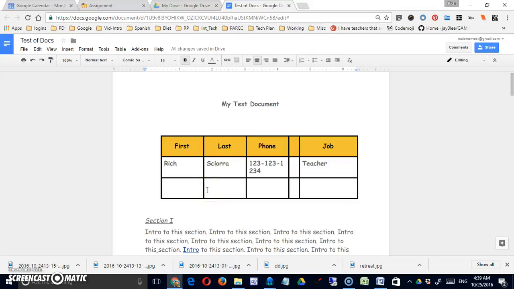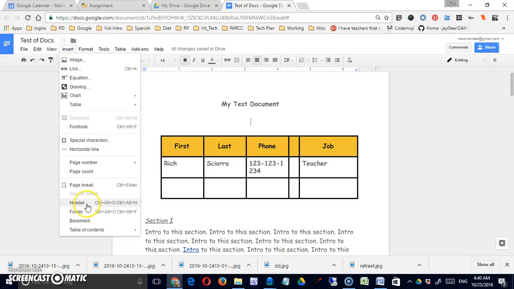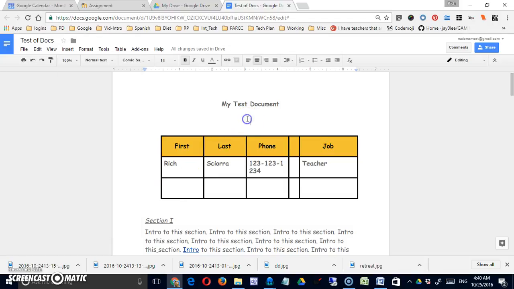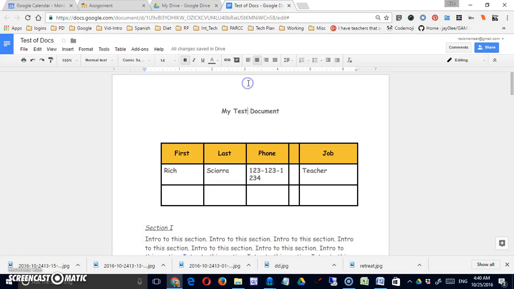Hello, in this video we're going to look at a variety of different options under the Insert menu item to help document and finish up your Google Doc. So let's start with headers and footers. I can say Insert Header, Insert Footer. You can see that there are keyboard shortcuts, but they seem pretty involved. Or I can simply come up near the top of the document,